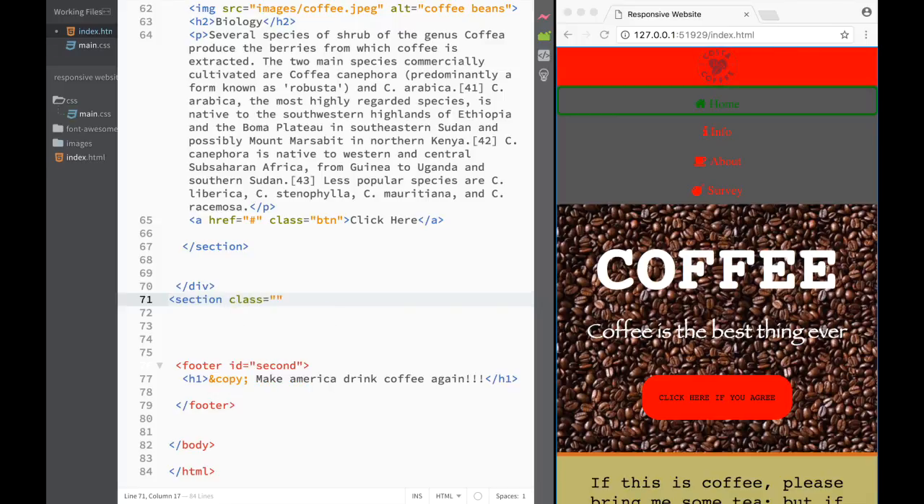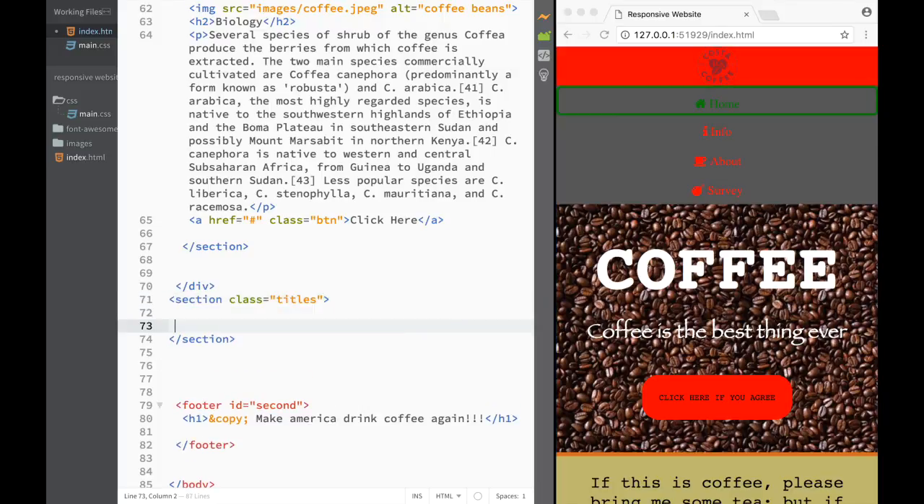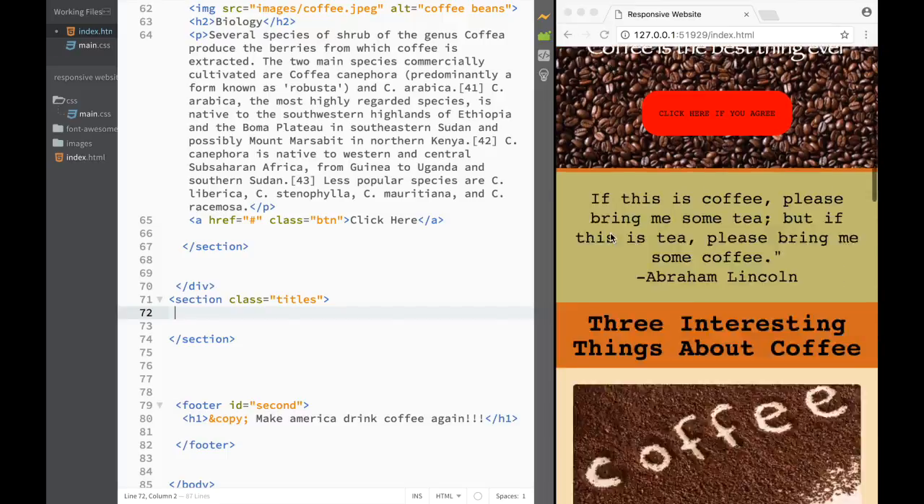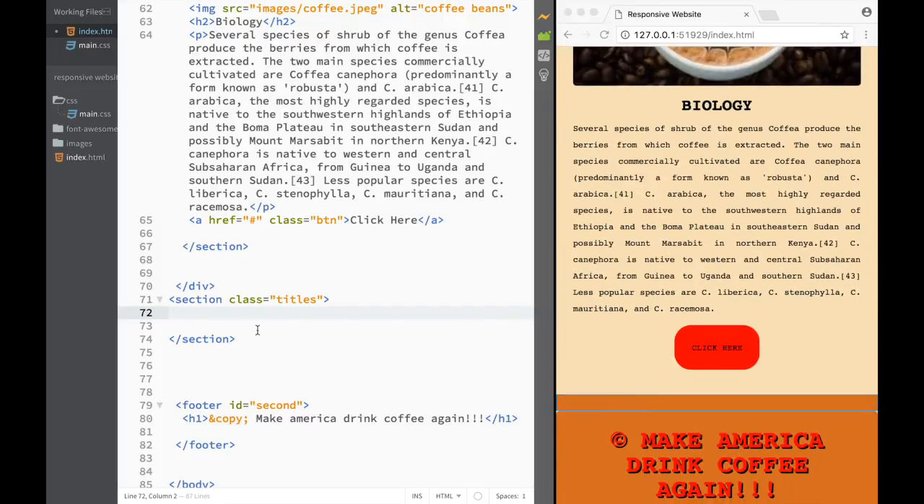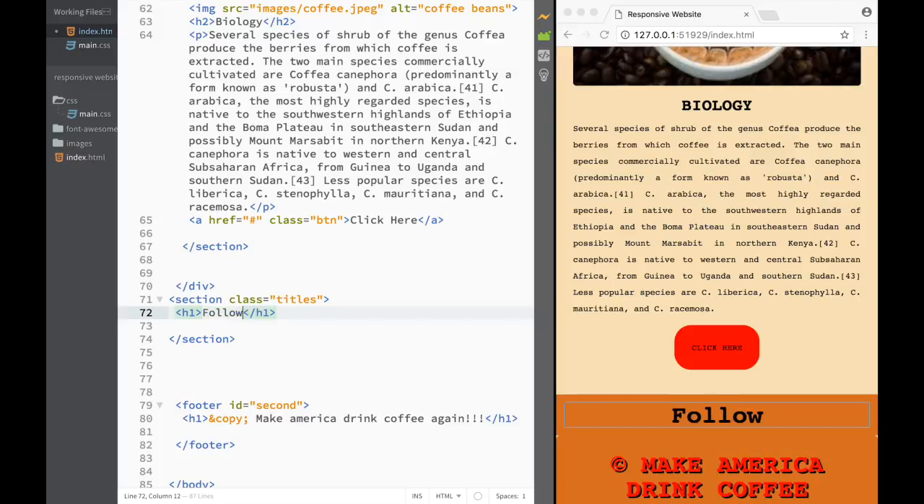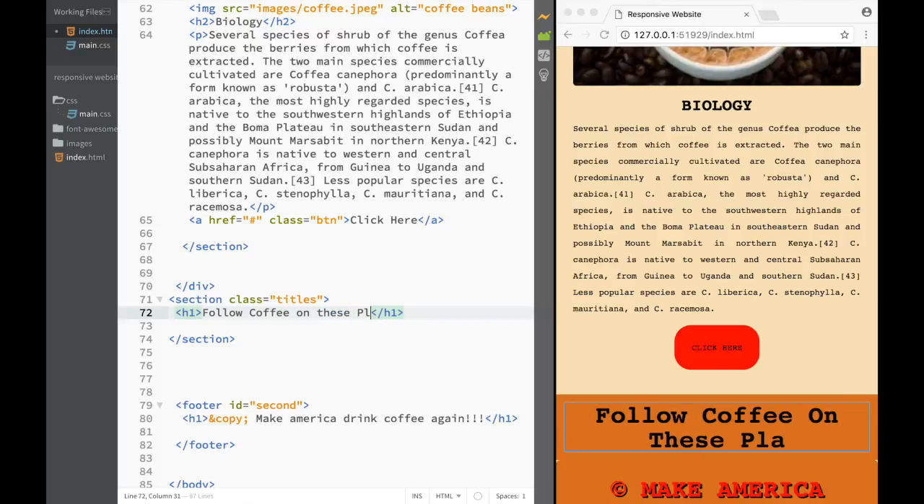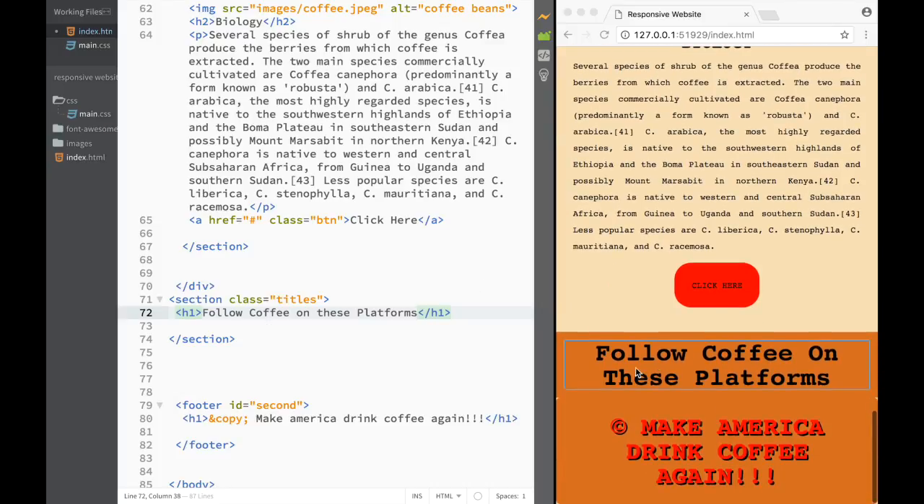So I'm going to say section class, and again, it's going to be class titles. So it's already going to be styled for us. And over here, what we're going to write, and let's go here and let's check it out. Where it is, right? This is where we'll be working. And I'm going to create an H1 over here like this. And this is going to be follow coffee on these platforms. Here like this. So now we have our banner, and obviously because they're the same color, they're looking like